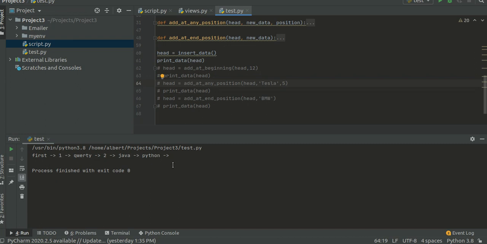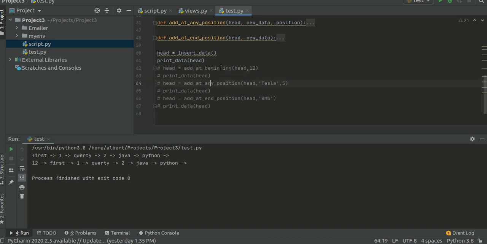This is the whole linked list. Then we are adding at the beginning, then again printing the whole thing. Let's see whether it runs fine. So it works fine. We are adding 12 at the beginning and printing the whole thing.